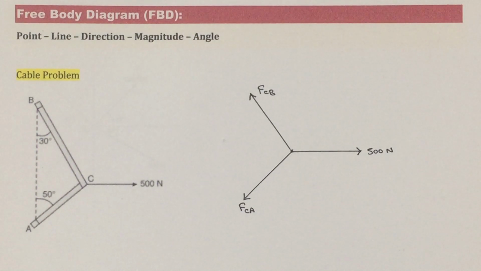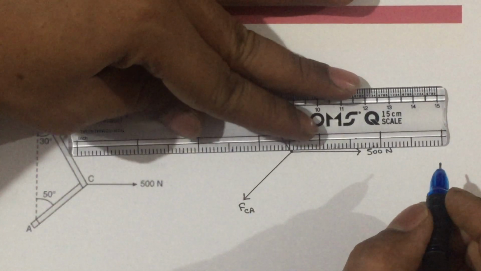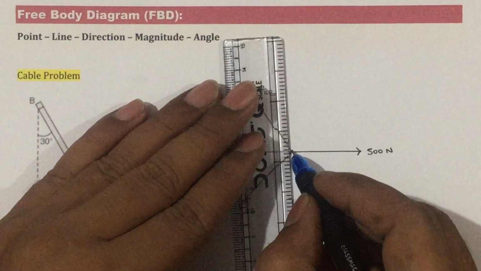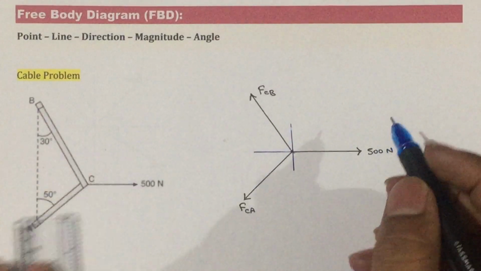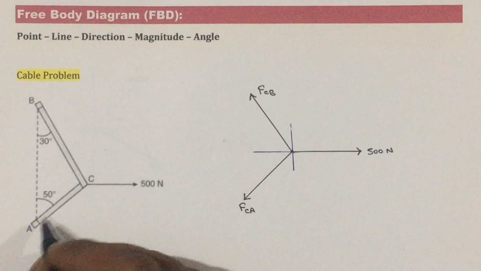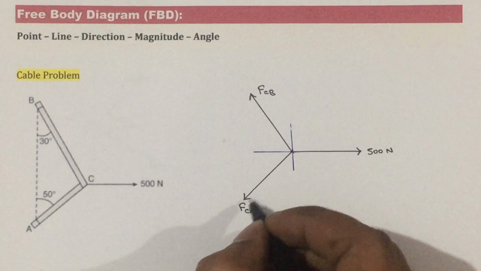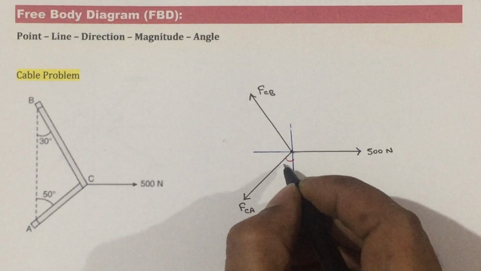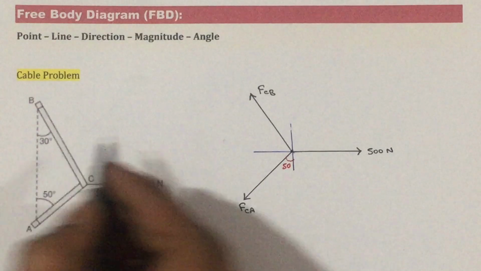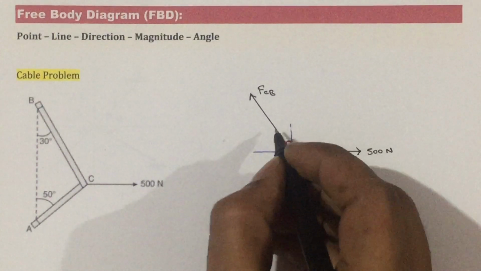Then what we need is angle. To get the angle, draw a plus mark at the point. So, at the point I am going to draw a plus mark. Once you wrote the plus mark, then write the angles. This AC line is making 50 degree with respect to vertical. Therefore, this AC or CA line is making 50 degree with respect to vertical. Then the CB line is making 30 with respect to vertical. This CB line or BC line is making 30 degree with respect to vertical.